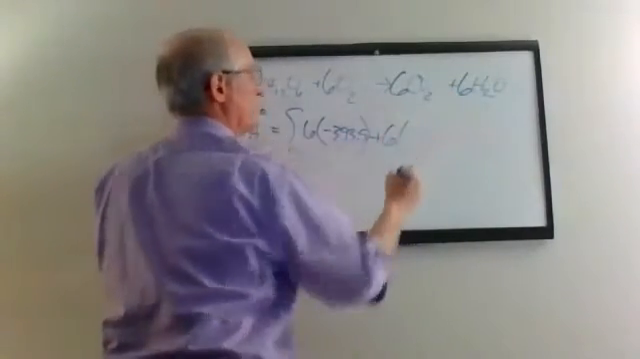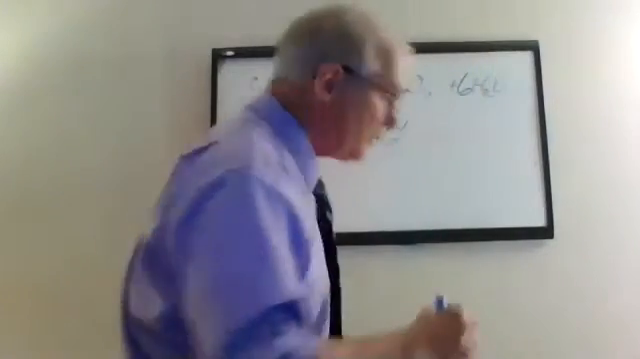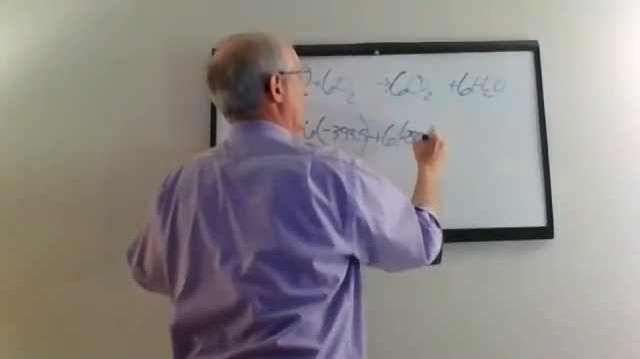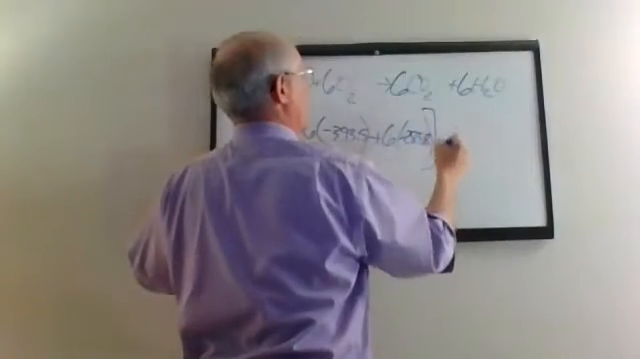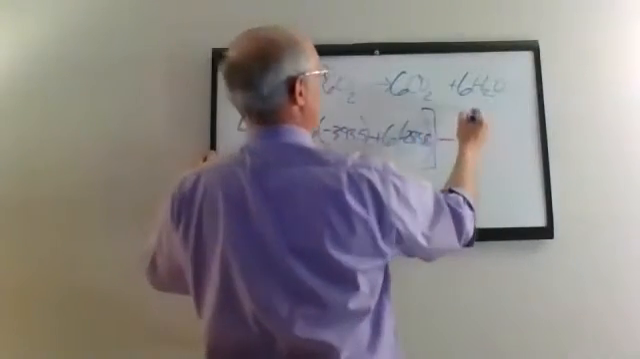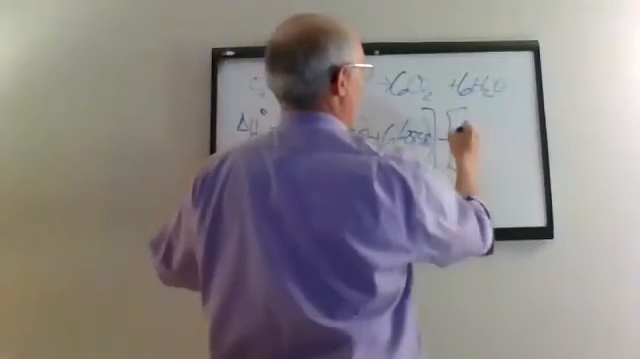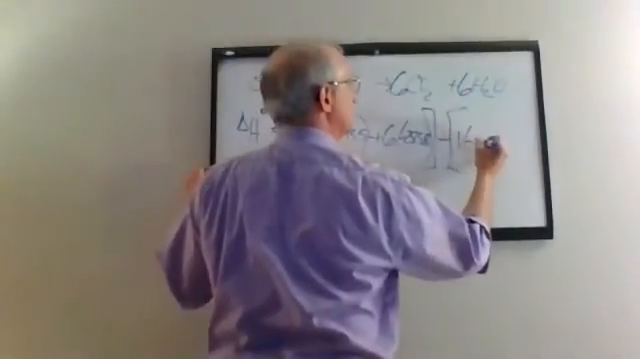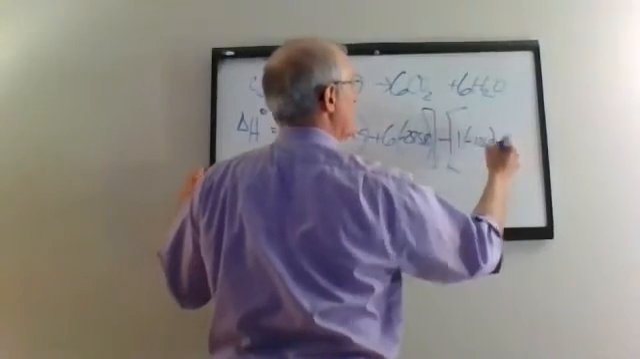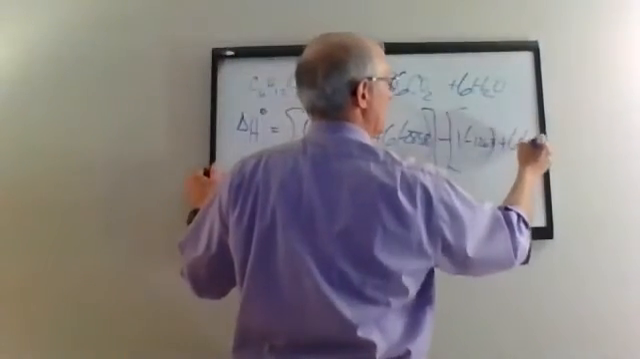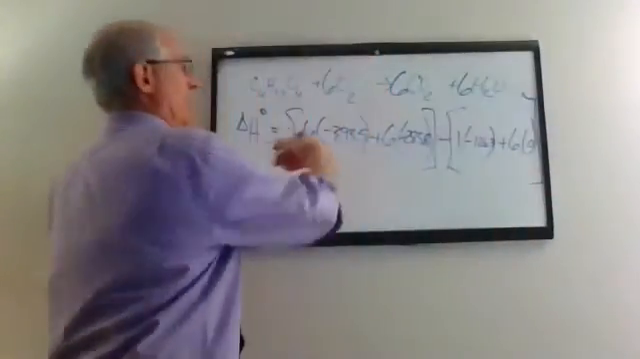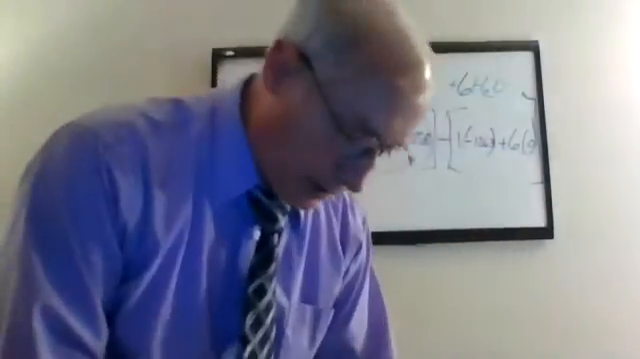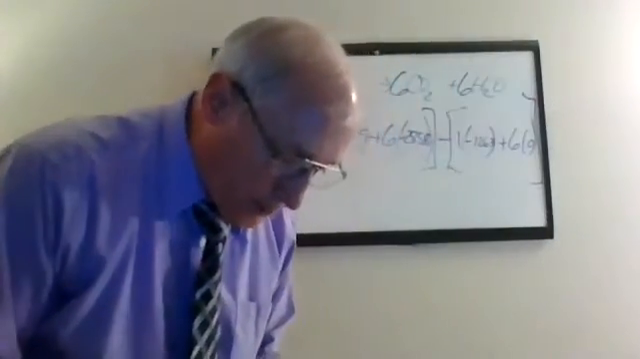Plus 6 times, this is liquid water, hydrogen oxide, negative 285.8. And then you're going to subtract the reactants, which is 1 times, they gave that to us in the problem, negative 1263, plus 6 times 0. And when you do all that math right there, you should get negative 2813